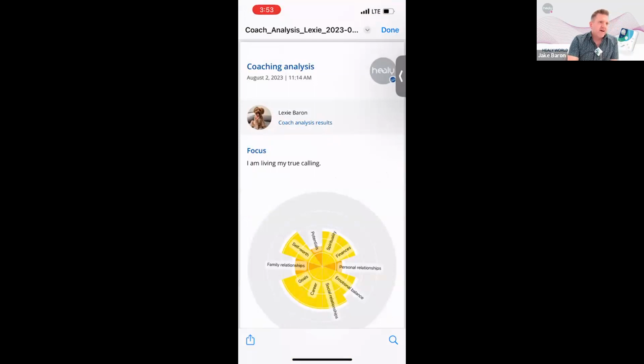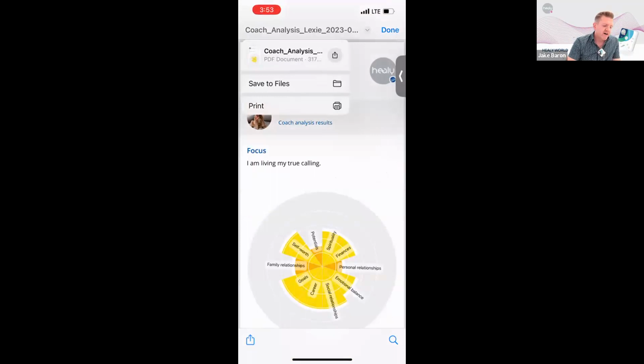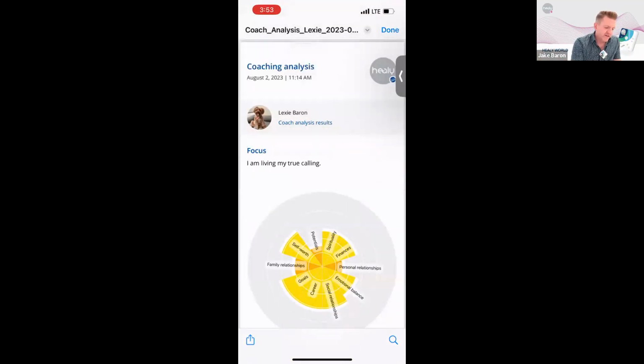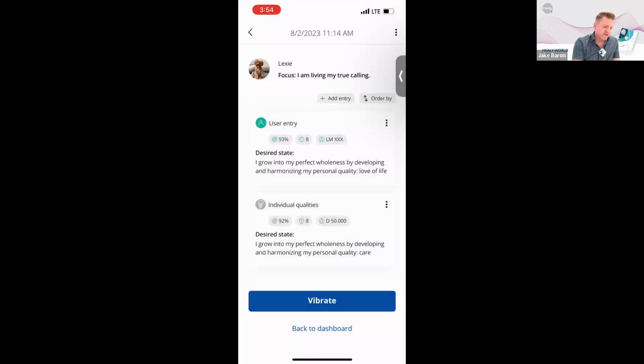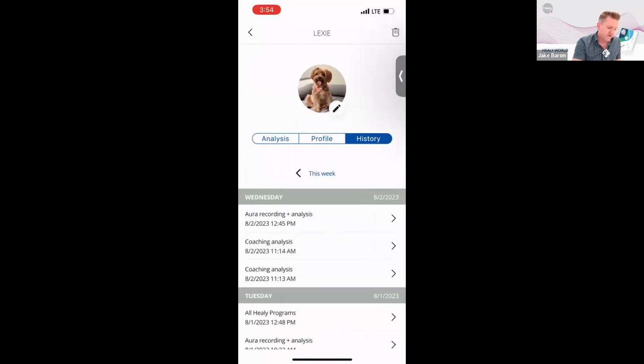And then this part probably depends on the device you're using, but on my iPhone, at the very top right of the screen, if I click that arrow, it's going to ask me to print, or it's going to ask me to save my file. So very easy to save the files, or you can go and email this to somebody, that kind of thing as well. So again, great feature there for sure. And yeah, so that's the coaching wheel there.